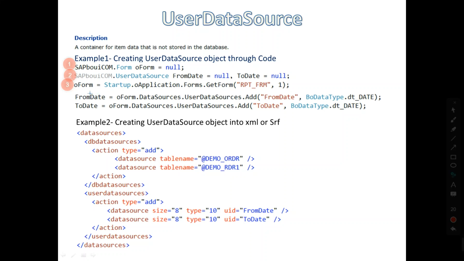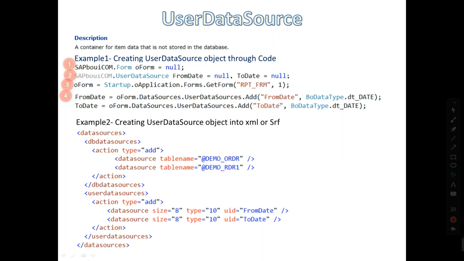In the third statement, I have created a form object, and in the fourth statement, we have created the first from date user data source object with the help of form object dot data source dot user data source dot add method, which takes two parameters here.